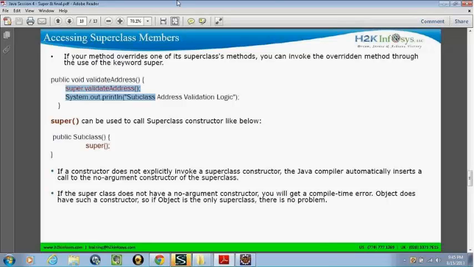See, whenever we have a super or this call, that should be the first statement of the constructor. Oh, no, the constructor part is fine. I'm talking about this method, public void validateAddress. Oh, I'm sorry then. That's what we exactly did in the move method example, right? We call the superclass method, right? Yeah.